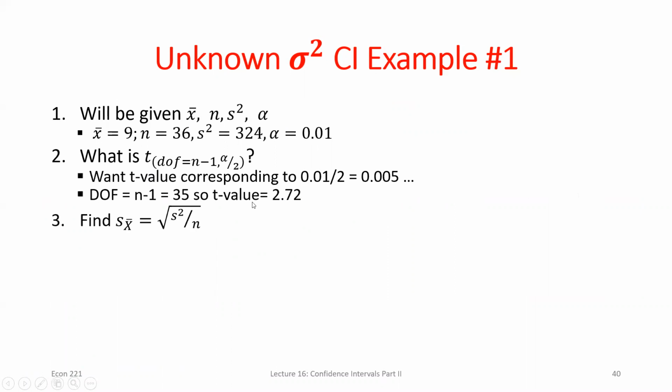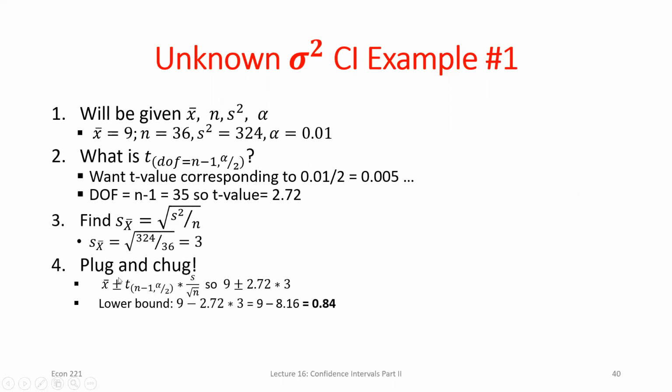From here, we can do the intermediate calculation, find the standard deviation of my sample means, just the square root of that sample variance over my sample size. I've got my sample size here, I've got my sample variance here. Now, one thing to make sure you don't do is here, when we're actually calculating the standard deviation, we're still dividing by n. So we're not going to divide by n minus 1 here, right? It's like n minus 1 is actually in this s squared, right? We just don't observe it. Okay? So I plug in my sample size, my sample variance, and now it's a matter of plugging in those